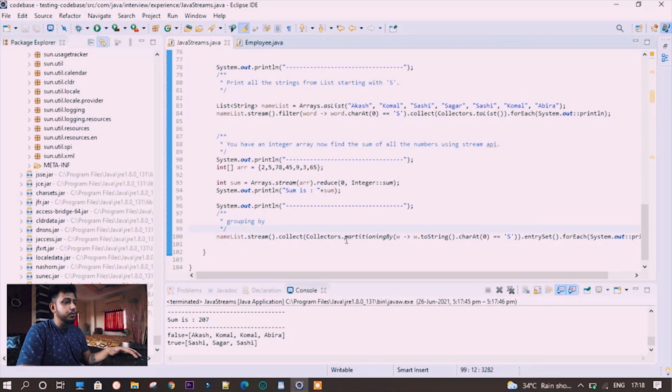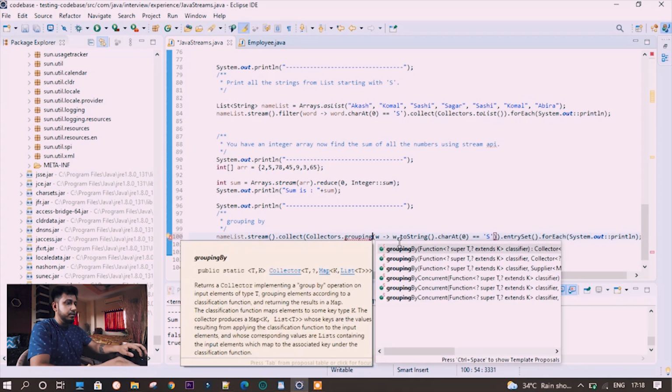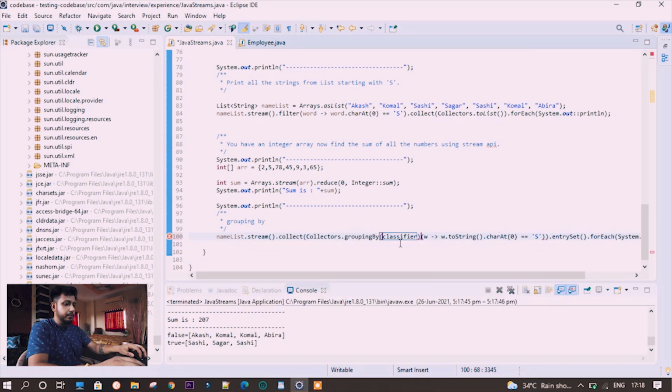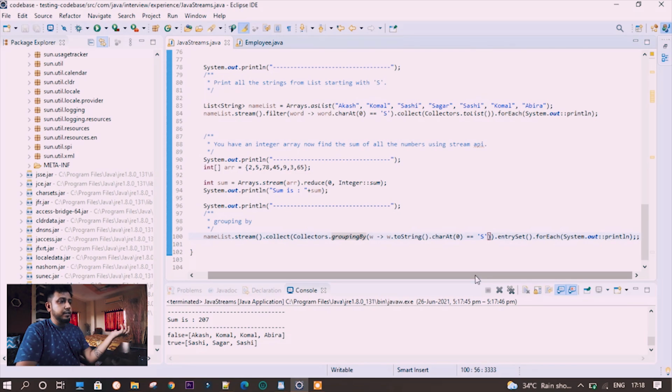So you can use grouping by as well; this is the partitioning by we are using. Let's say you are doing grouping by and the same thing. And let's do one thing, let's take the count for this.